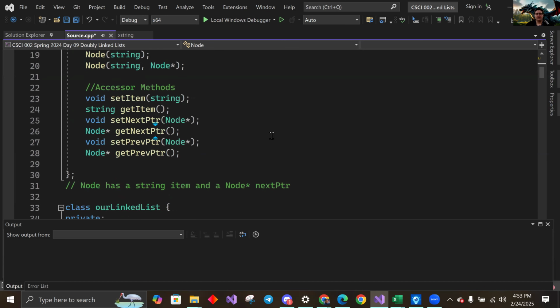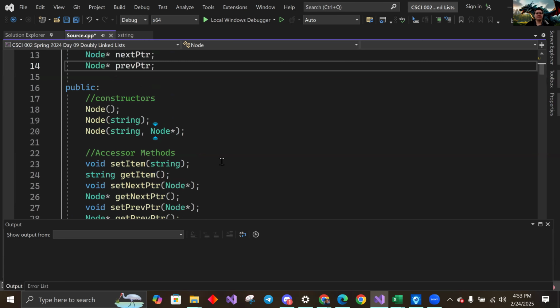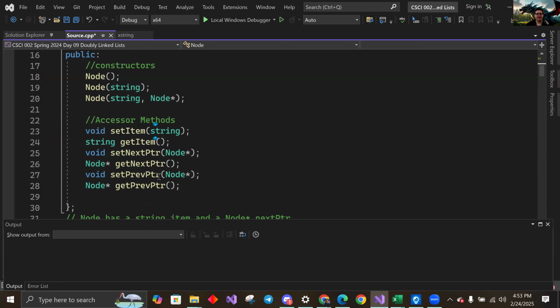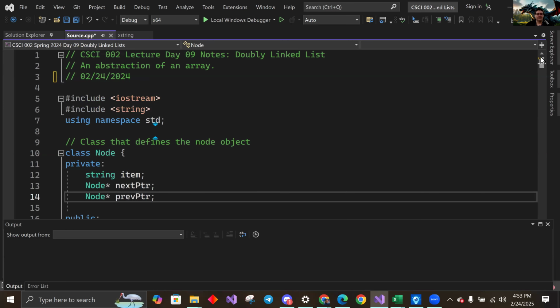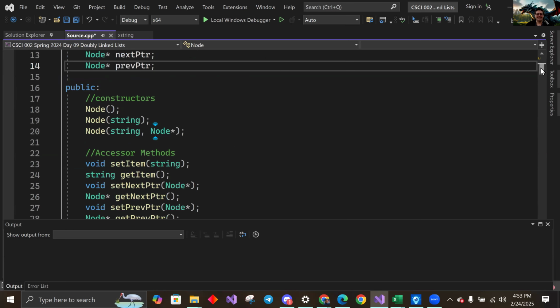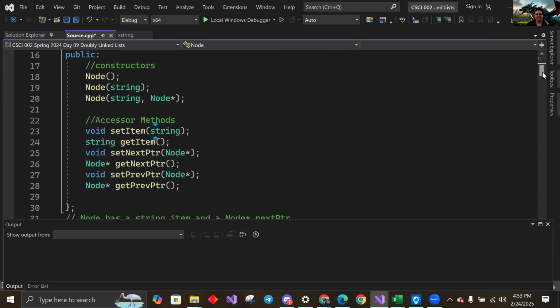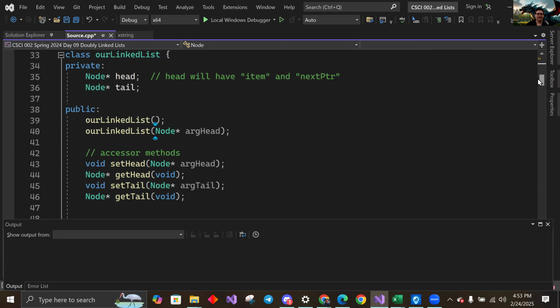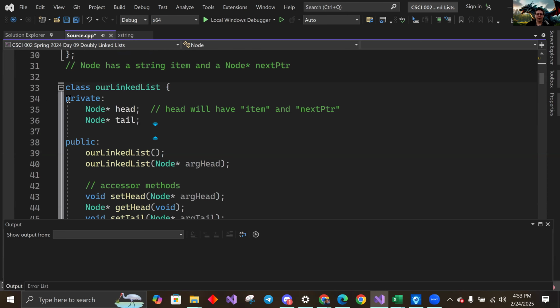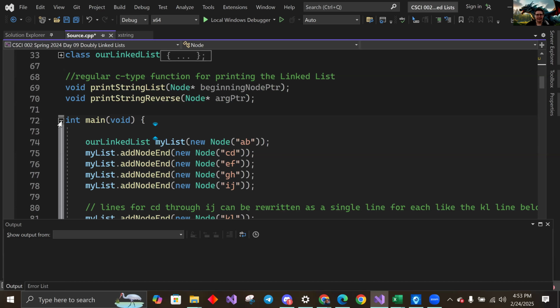Okay. Why do I have all that already in there? Oh, to speed things up a little bit, I set up the set previous pointer, get previous pointer, but I don't know that I populated them yet. So on line 14 and then line 27, 28, we have our information on previous pointer. Let's go down and see if we have it listed anywhere. We're going to comment out our linked list and